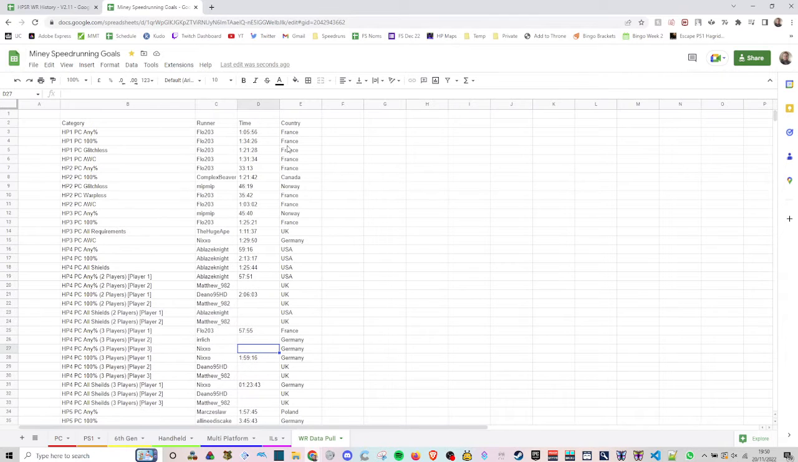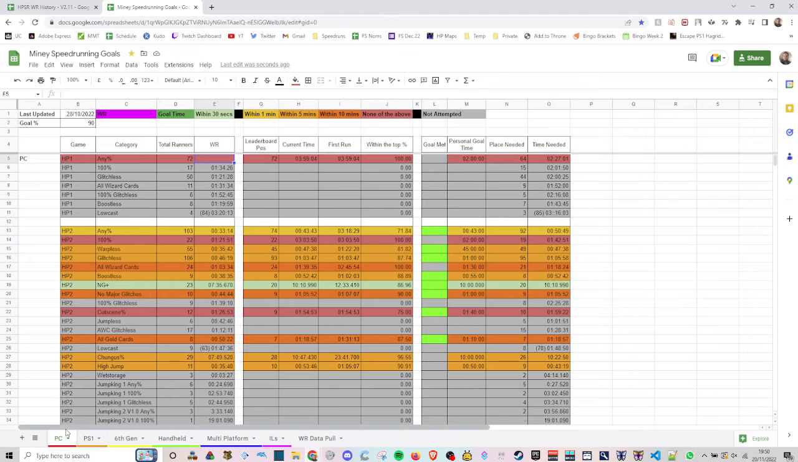This also has the country data, although obviously for most people that's not really necessary, but it's just a cool thing I thought we'd add in. So what you can now do is, if you go to, say, your PC page or wherever you're going to want to put this, you want to type in, and again I'll give you an example of this in the description, equals INDIRECT